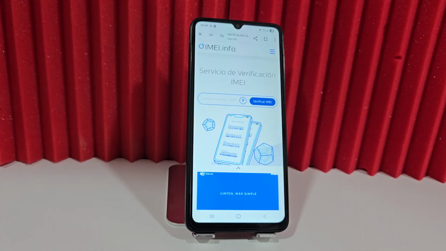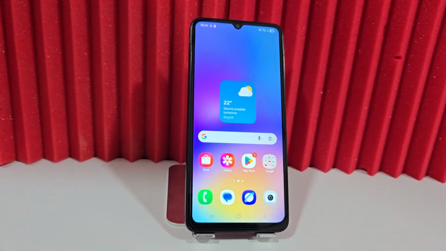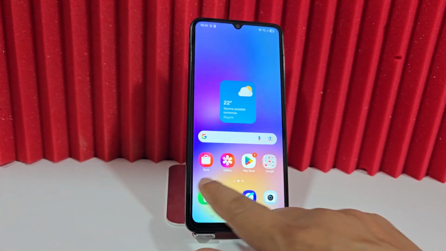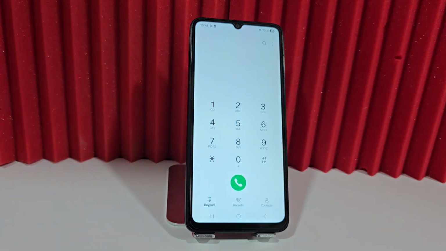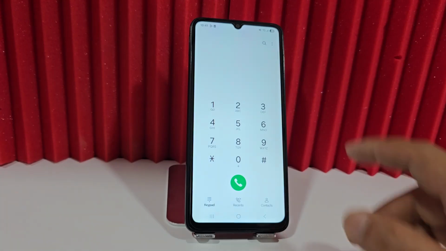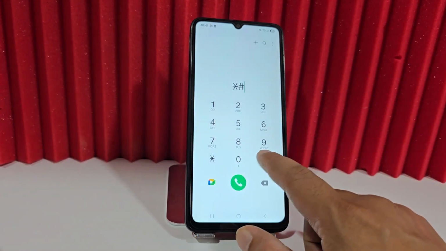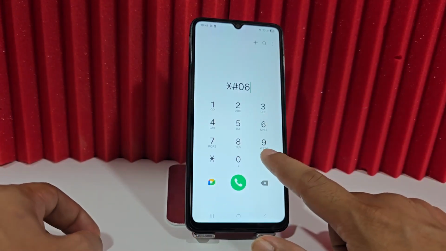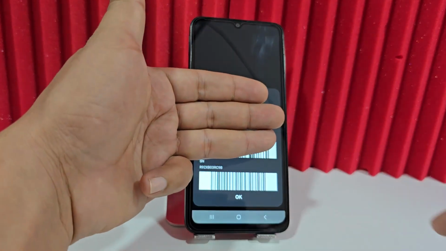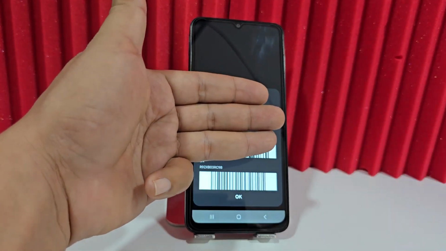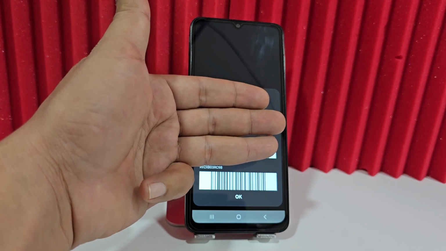How do we get our email out of our device? Well, how are we going to get it out? We'll get it directly from here, from our keyboard. Let's write this next code. Asterisk, number 06. We write the number and it would take us to this screen, where we will be able to check our email